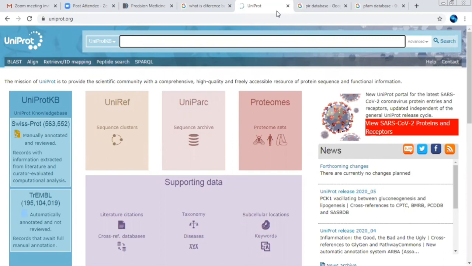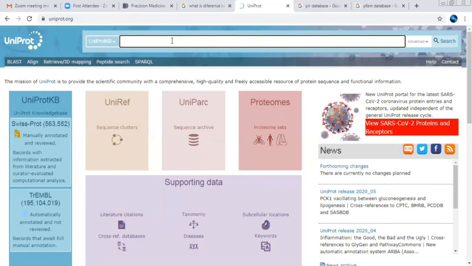We need the UniProt database to search for a particular protein sequence, which proteins are linked with other proteins, what the 3D structure of that protein is, and which disease is linked. So that type of complex data we get from here.